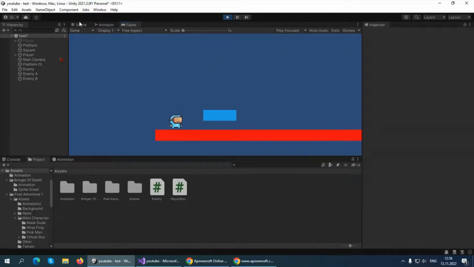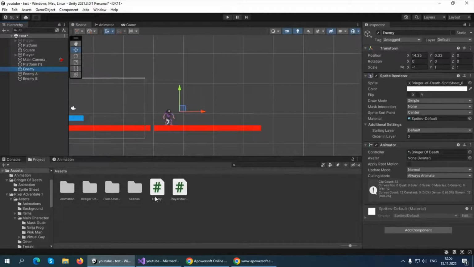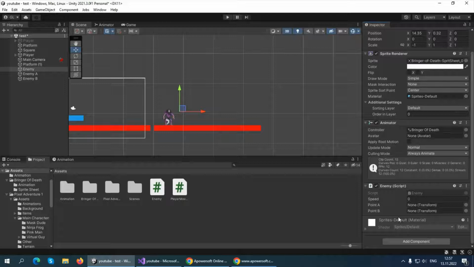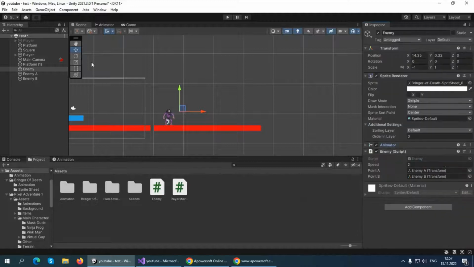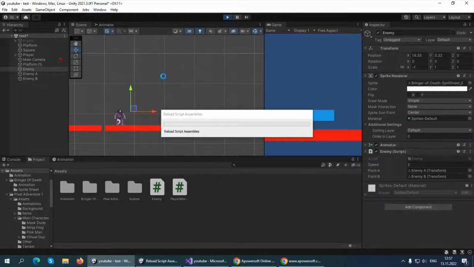And nothing will happen because this will be looping in place because we forgot to assign all of this. First of all, let's go and assign our enemy to our enemy script, and it needs some speed. Let's go ahead and say it's 2. Also, it needs point A and point B. Point A, as you remember, is enemy A, and point B is enemy B. Very simple. If we press play now and see what will happen,